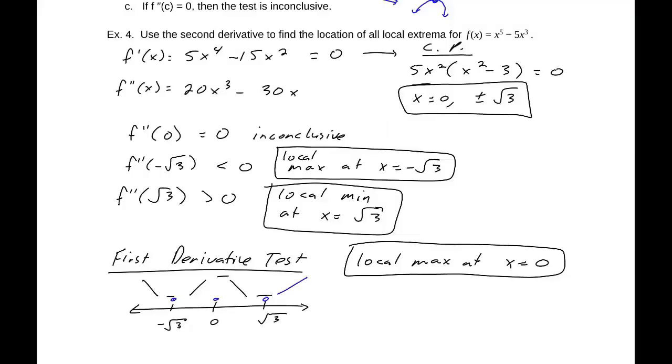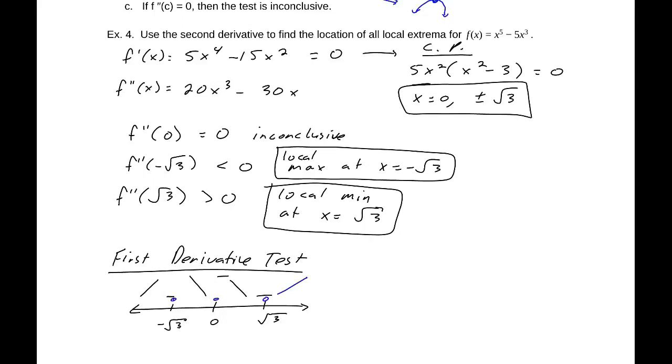And since that does not agree with the second derivative test, there must be a mistake here. And I think I see it. These two are switched. All right, so this function is increasing, and then it is decreasing past that. Okay, so there we have a local maximum at x equals negative square root of 3. And actually there is nothing happening here at 0. So there's not a local maximum or a local